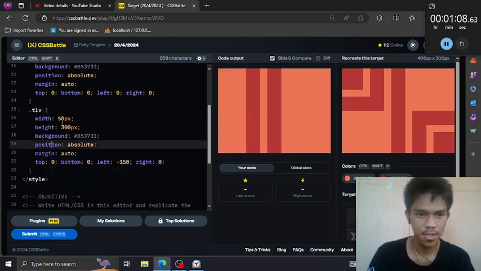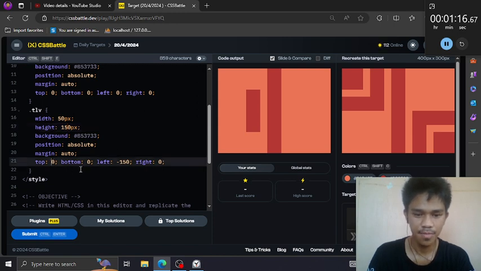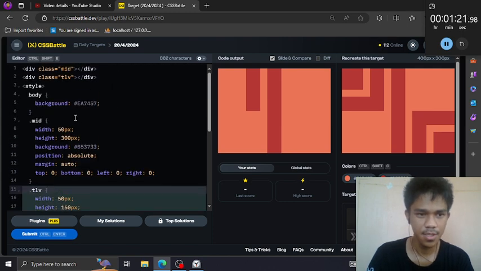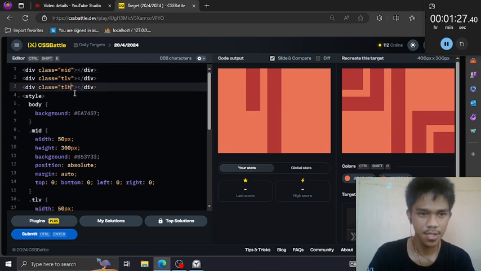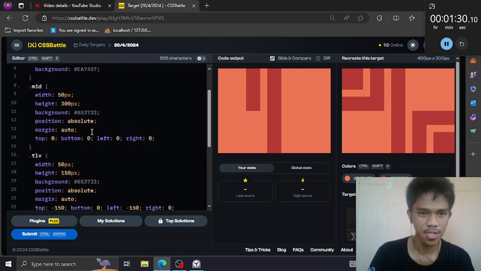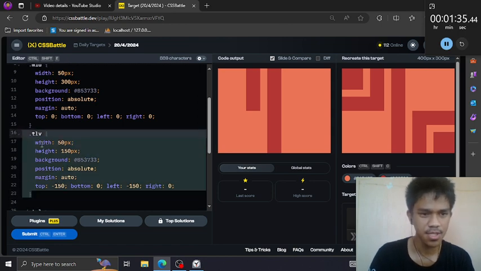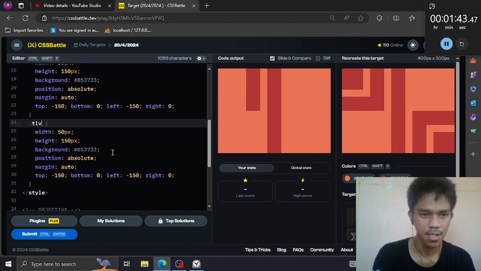Okay, and then make the height half, push it on the top like so, and then let's create a vertical, I mean horizontal, that will intersect. And then instead of TLV, let's just copy this. And you know what, I'm thinking of rotating this, but it would take long.